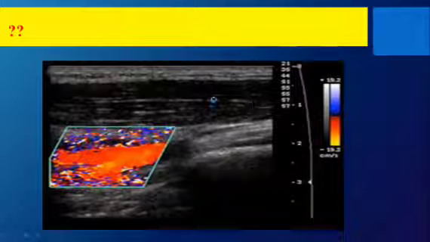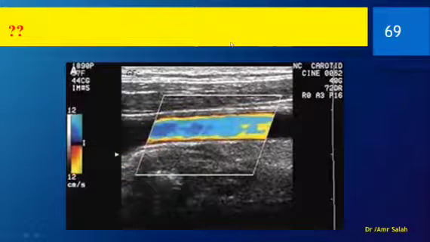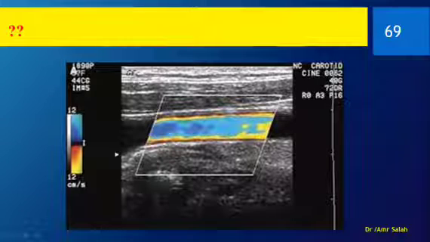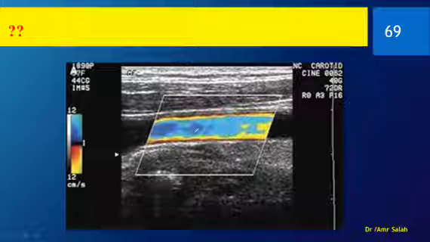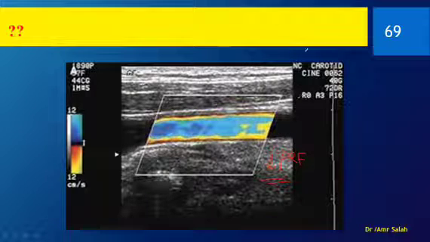Next. Here, what to do? Here we have variation, intense variation. We have what we call aliasing inside the blood vessel. So here, who is to blame? Inside, so it is the PRF. This means there is too much color. You have to do what? Bravo. Absolutely correct. You're starting to get your head around the Doppler. Bravo. It is the PRF.